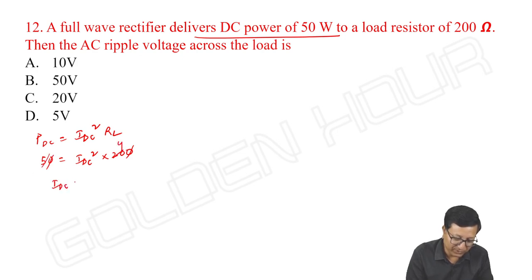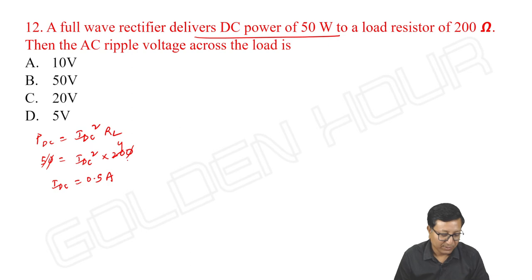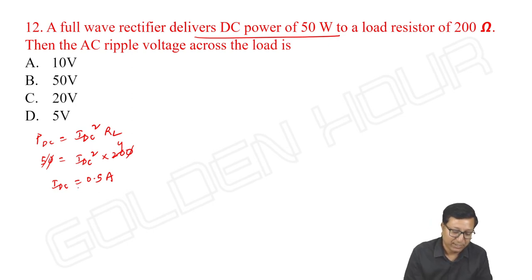So IDC square is equal to 1 by 4, or IDC is equal to 0.5 amperes. Okay, IDC we have got. Then, similar to the previous problem,